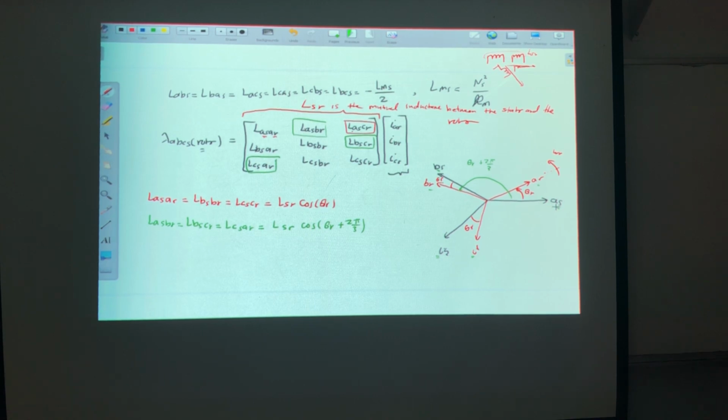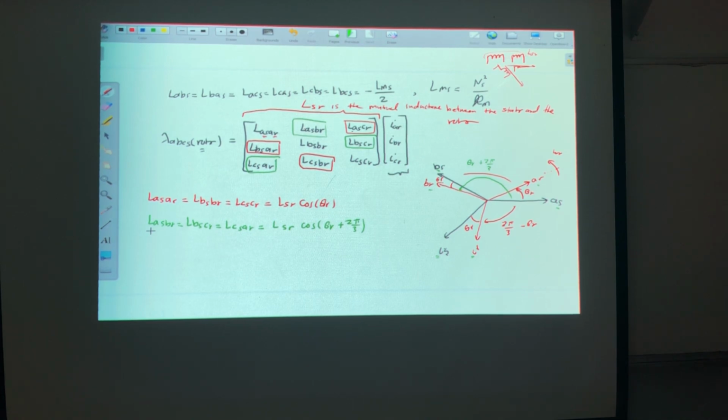So the relation between AS and CR, this angle, is equal to what? 2 pi over 3 minus theta. The same as this one? The same as BS and AR? Yes. So I can write that